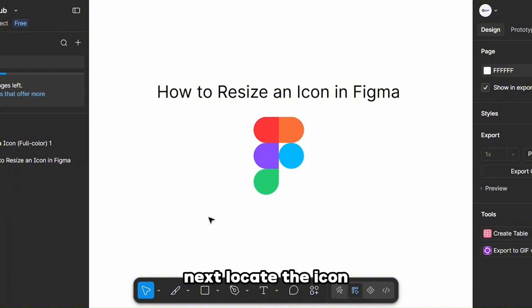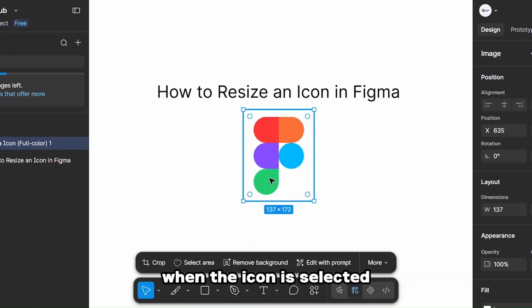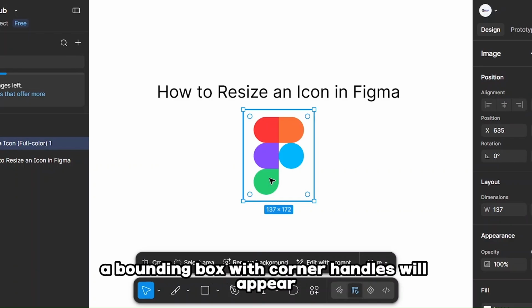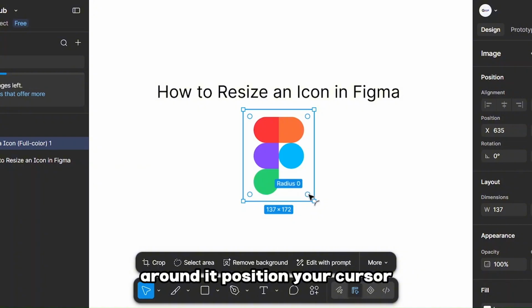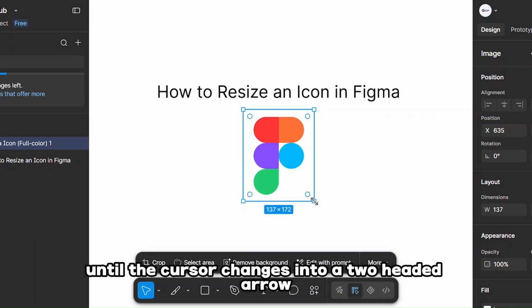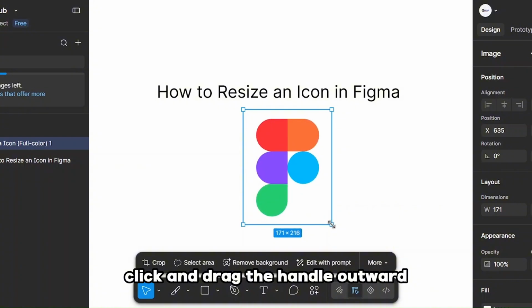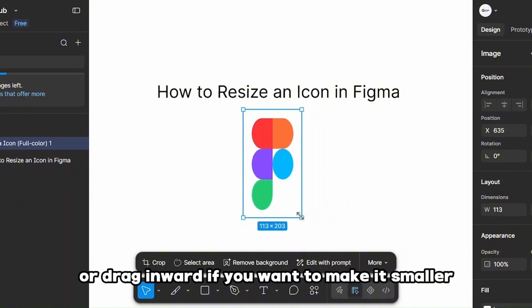Next, locate the icon layer on the canvas that you want to resize and click it to select it. When the icon is selected, a bounding box with corner handles will appear around it. Position your cursor over one of the bounding box corner handles and wait until the cursor changes into a two-headed arrow. Click and drag the handle outward if you want to enlarge the icon, or drag inward if you want